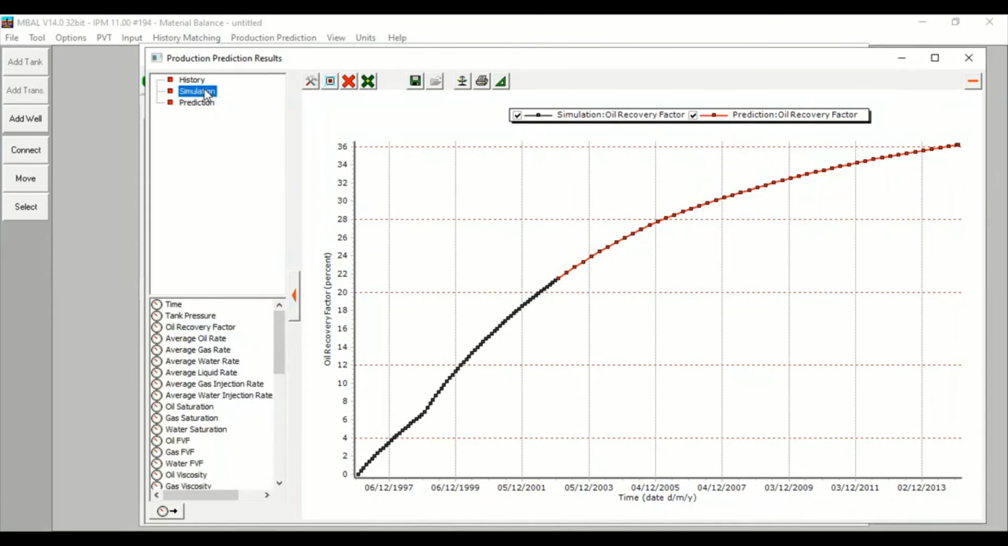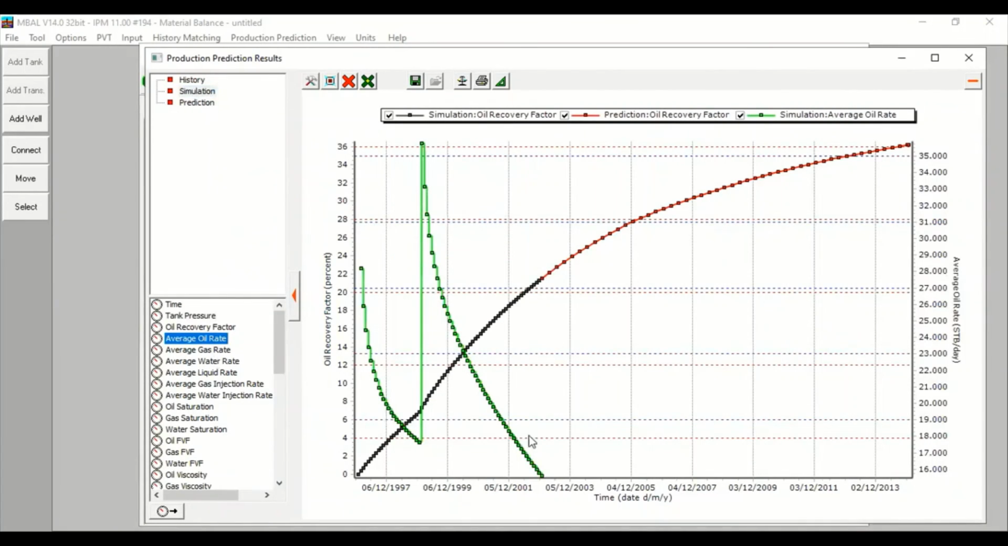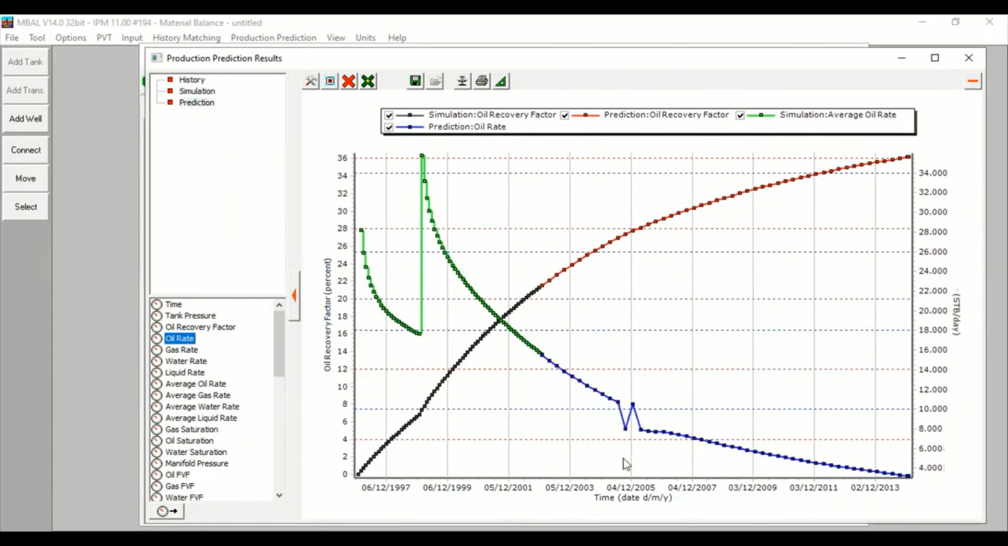I can also show the oil flow rate, this one, production from well 1, production from both well 1 and well 2. And what about the prediction, oil rate? Okay, so this is the forecasted oil rates from well 1 and well 2. Yeah, you can also show the other results. Remove all,